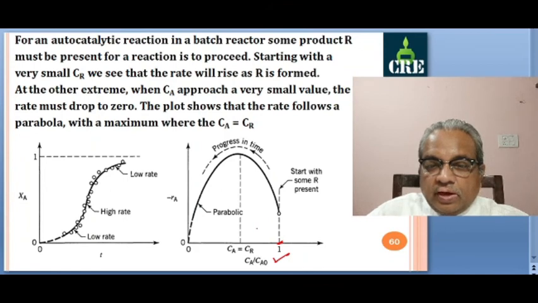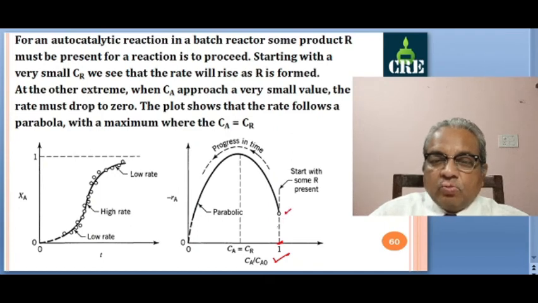Okay. And this Ca equal to 0 means Ca by Ca0 is equal to 0. That means complete conversion, so 0 to 1. 1 is complete conversion. So if you look at this plot, Ca by Ca0, the maximum possible value is 1, because you start with Ca equal to Ca0 and Ca0 by Ca0 is 1, and this will go on falling. So your reaction will start when some R will be formed, or you can add some R initially to start the reaction early. So start with some R present here, a small value of R,